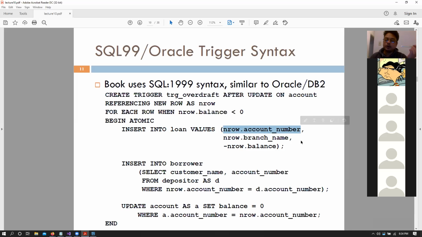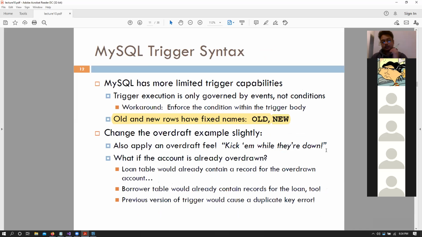So we will not be able to insert this new row into our table, because there would be a primary key mismatch and it would be an error. Does this make sense as to why there would be a primary key issue even before the balance issue? Because we are inserting into loan again. Exactly, that is the bug in that code.